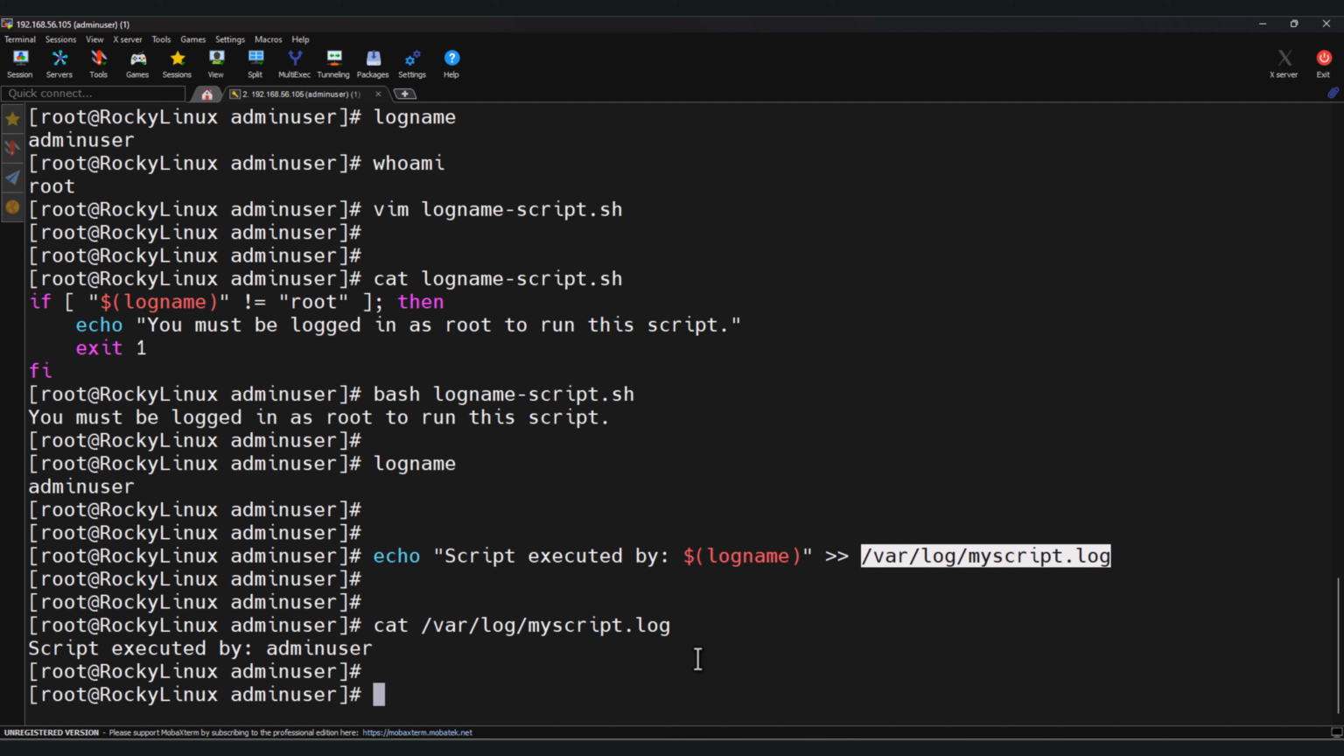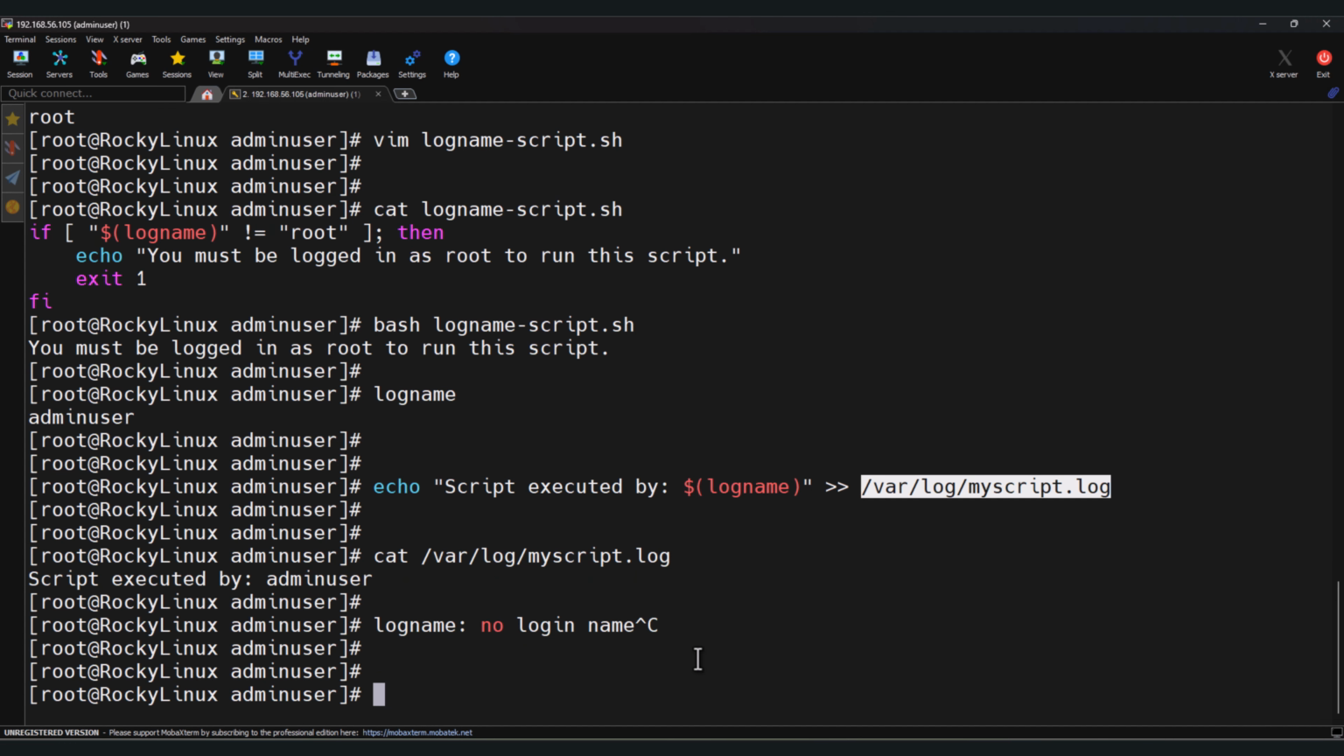Common issues or troubleshooting. Sometimes you may get an error like logname: no login name. You will get an error message like this. This is because on a freshly booted system where no user has logged in, running logname might result in a no login name error. And in a containerized environment like Docker, where there is no traditional user login session, logname may not return the expected result. If you need to retrieve the logged in user in such a scenario, you can use the who command